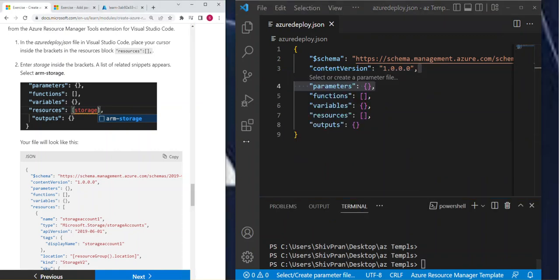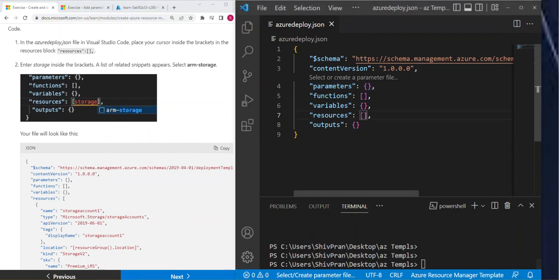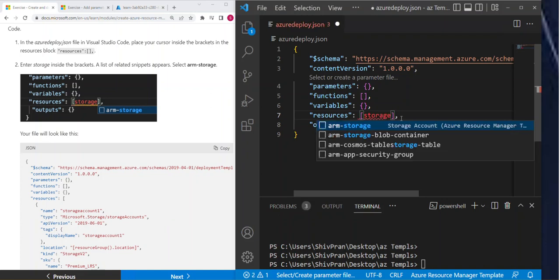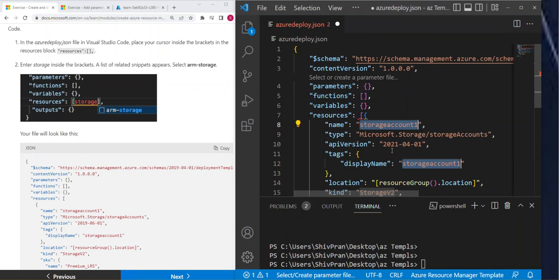In Visual Studio, under the resource parameters section, we need to type storage, and that will automatically prompt you to select the code which we need to insert in this particular Visual Studio. So you can type ARM dash storage. You can select that, and now you can see it has added all the code which is required to create